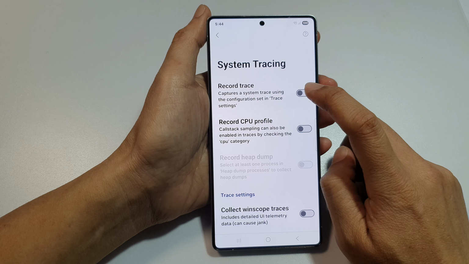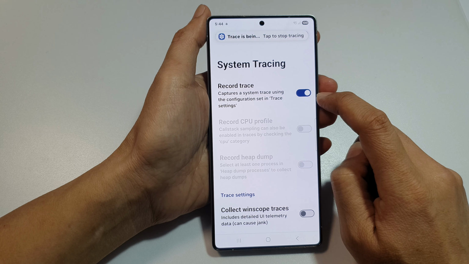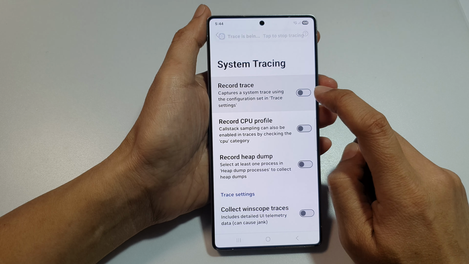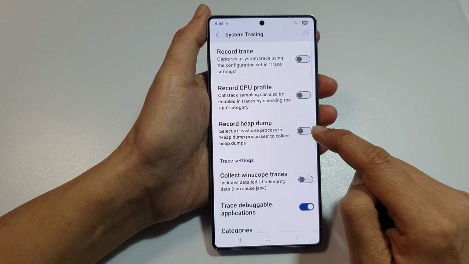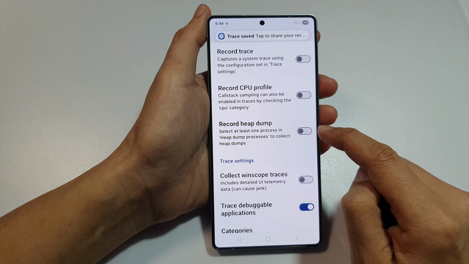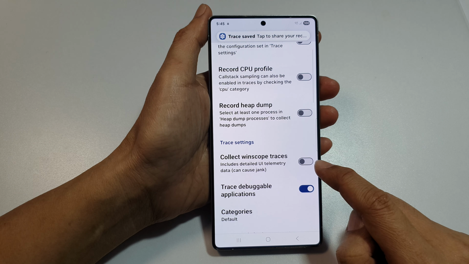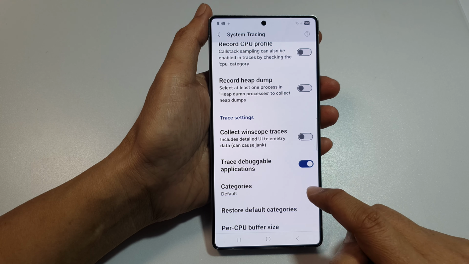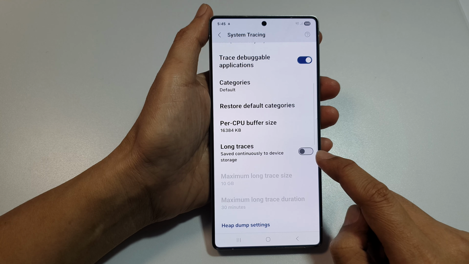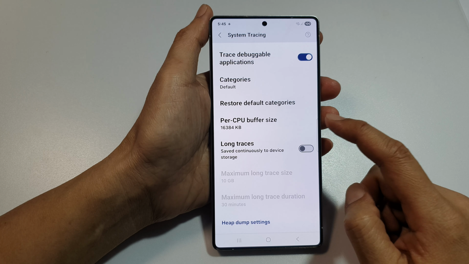Here, tap on record trace. Tap on the toggle button to switch it on. Or if you want, you can record CPU profile, record heap dump, collect Winscope traces, trace debuggable applications, and you can perform long traces as well as other settings